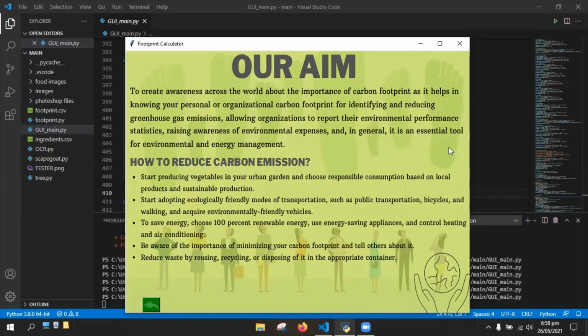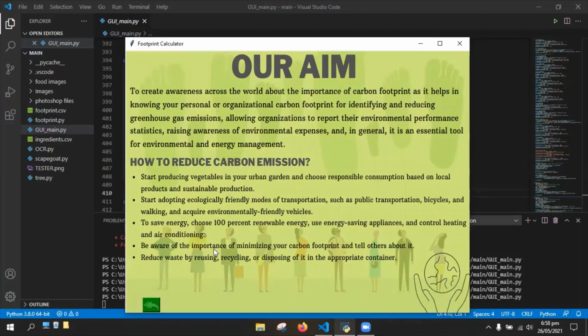So what our application does is exactly that. The idea behind our application is to have a portable tool that can be used on a device with a camera, such as a cell phone or laptop, which is easily and cheaply available to everyone these days, to capture images of different products, including food and cosmetics, paints, hygiene products, and other household items, and extract the ingredients and the composition items from these products to calculate the parameters called carbon footprint and water footprint. These two parameters tell us how much fresh water we are consuming and how much greenhouse gases we are releasing into the atmosphere when we consume a particular product,